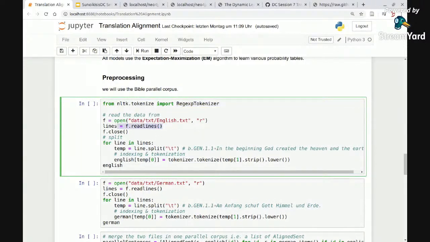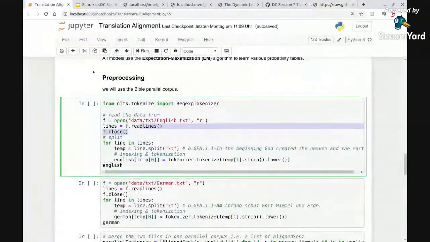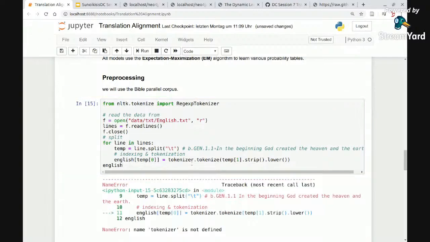Here, I read the data, open the English text file. I read the line. As you can see, the data has two columns, split by tab. So I had to split this line into two elements, the text and the index. Here you can see I split it with backslash t, and I built a dictionary called English. The index will be Genesis 1:1, for example, and then I tokenized the text. If I run these, I will get